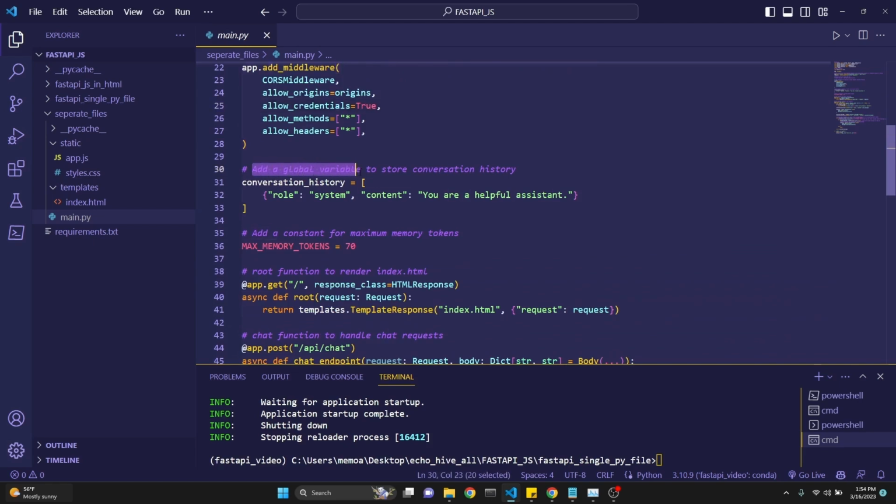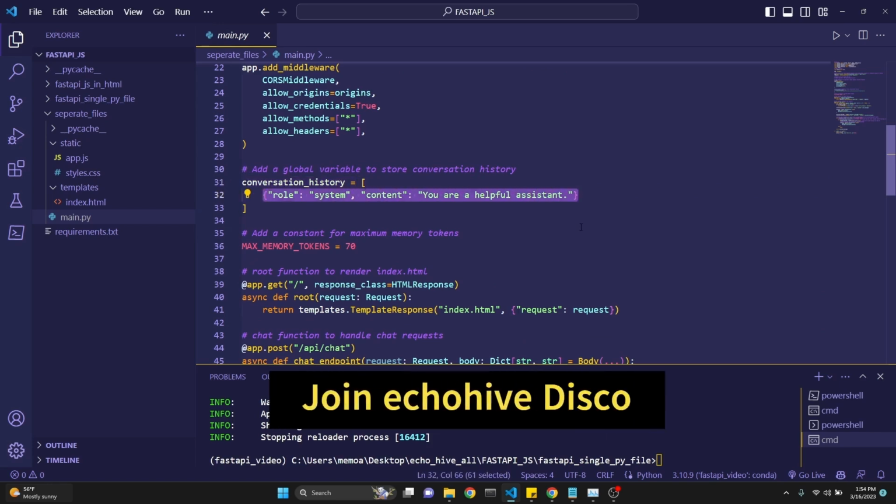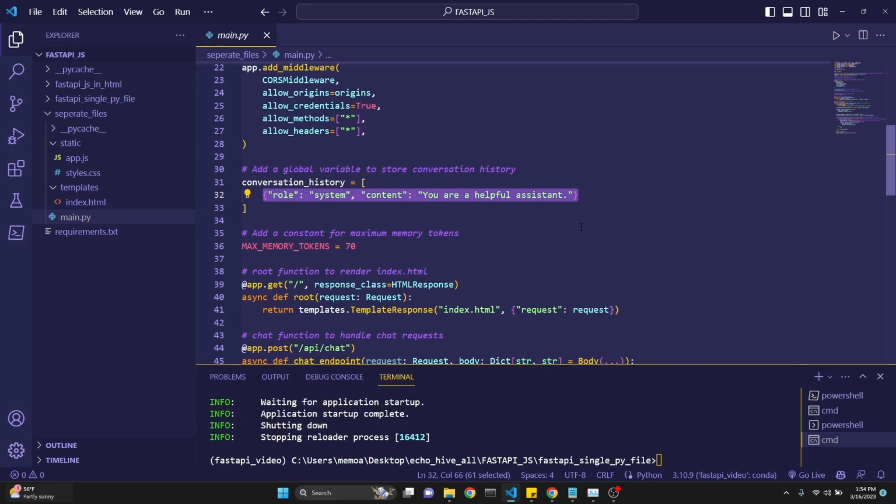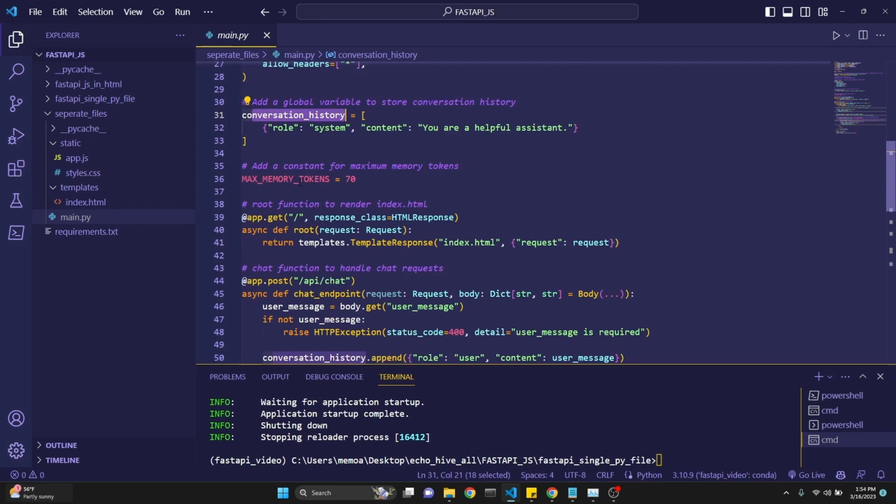And then we add a global variable to store the conversation history. Conversation history will always begin with the system message. So this is really cool because we're going to talk about the memory application, right? So we are initializing memory state, so to speak, and then we add a constant for maximum memory tokens. Max memory tokens, I set it to 70. As GPT-3.5 Turbo, I believe, currently is at 4,096 tokens